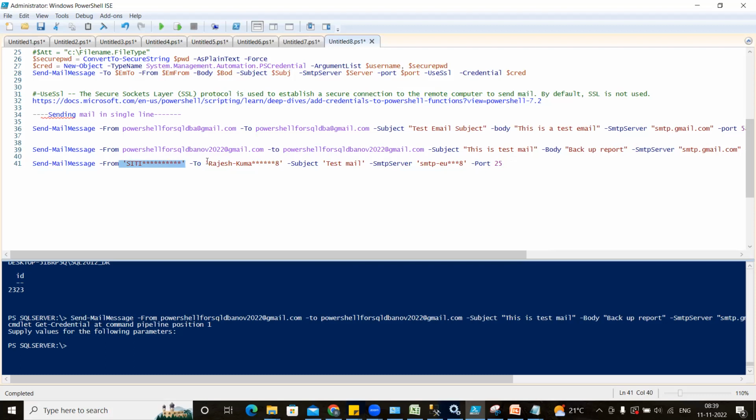99% you will have the access. You can go and check; they give access to each account. But if it is not there, in some environments you can open the Outlook DB mail configuration and copy from there which email they are using. If DB mail is not configured in your office, then you have to go to the Exchange